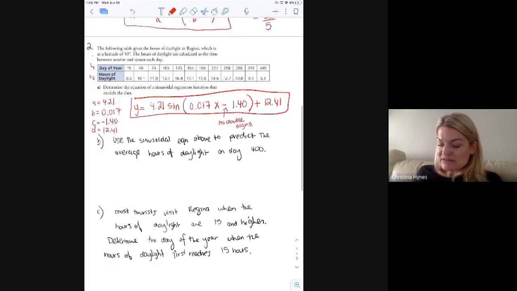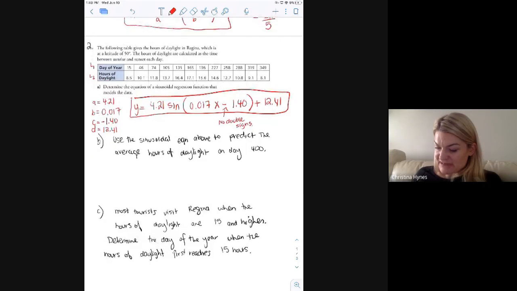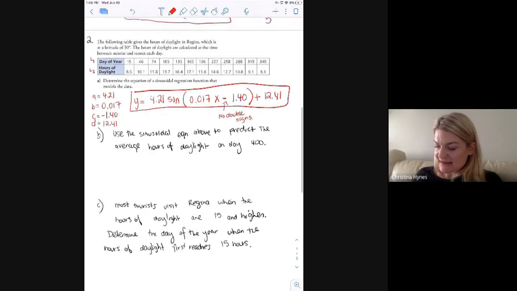Now they're saying use the sinusoidal equation above to predict the average hours of daylight on day 400. So there's two ways to do this. Remember X represents day because that's your L1. So what you could do, as long as you're in radians mode in your calculator,